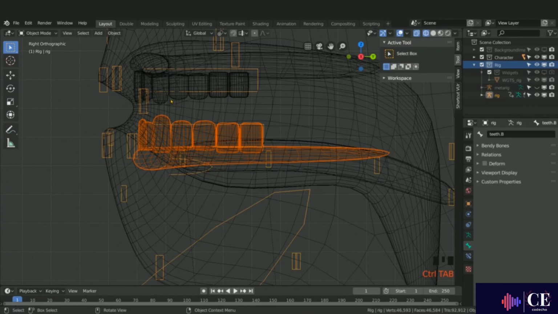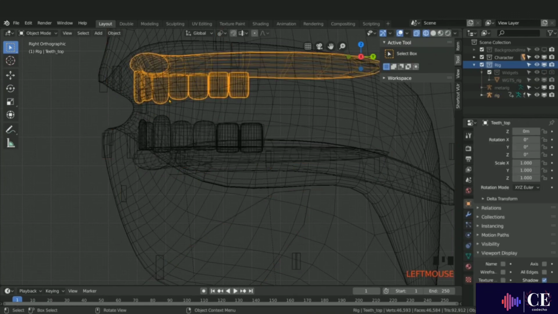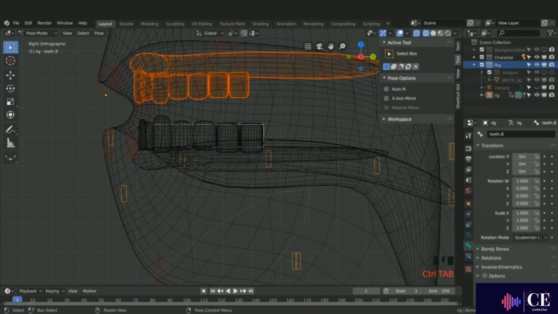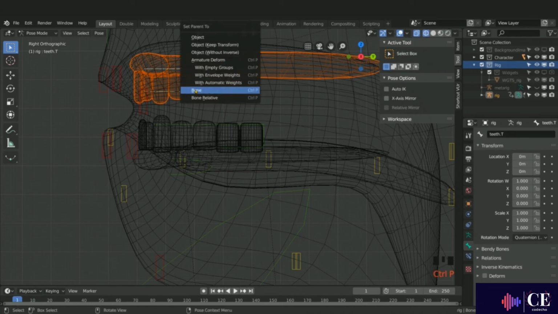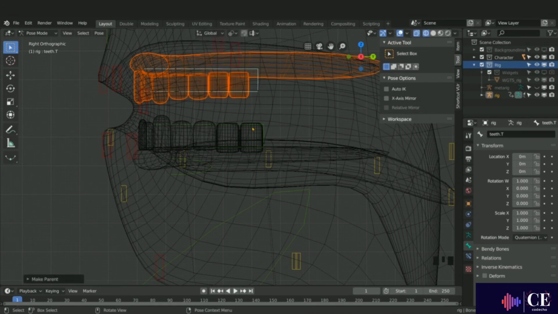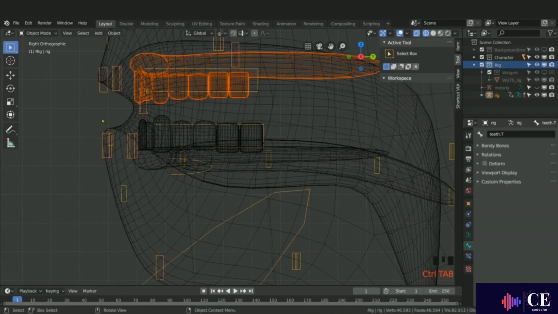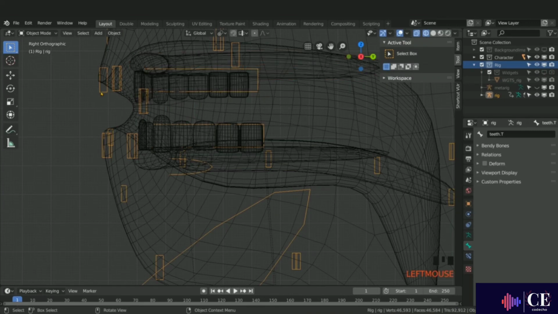Let's come back to object mode, select these teeth, Control click the armature, Control Tab. Come back into pose mode. I can select this rectangle named teeth.t for top, Control P and set parent to the bone. So now if I Control Tab back to object mode, I can select the armature on its own, Control Tab,